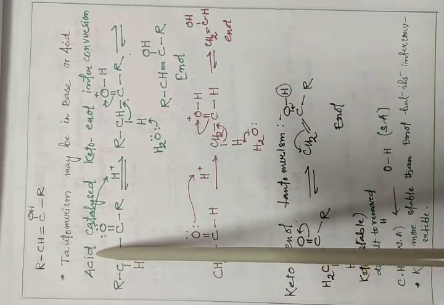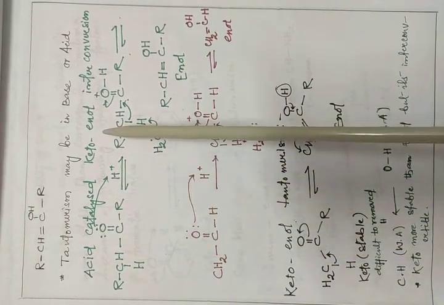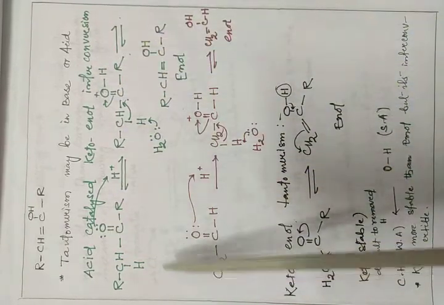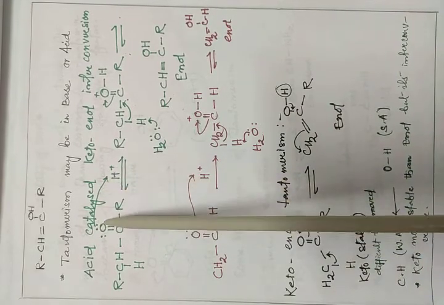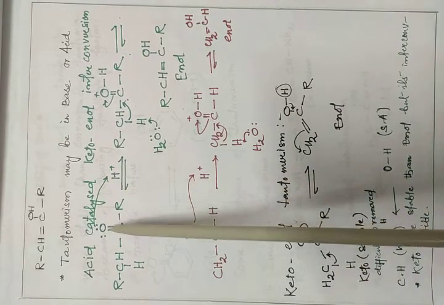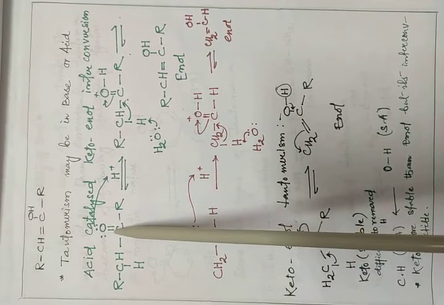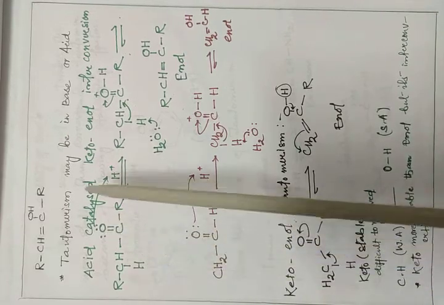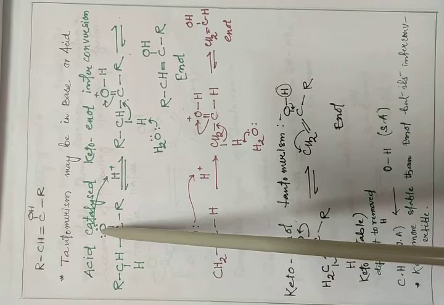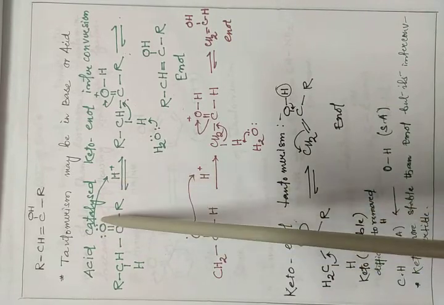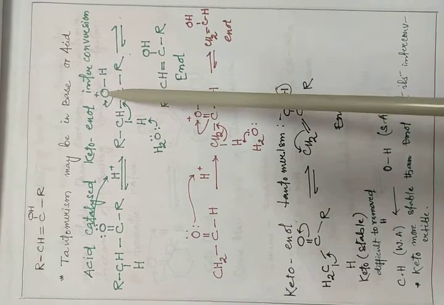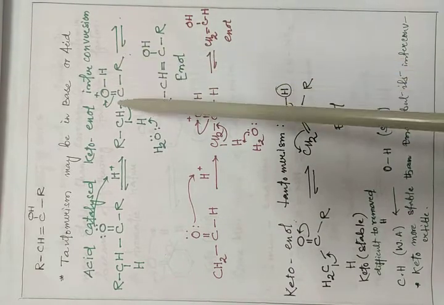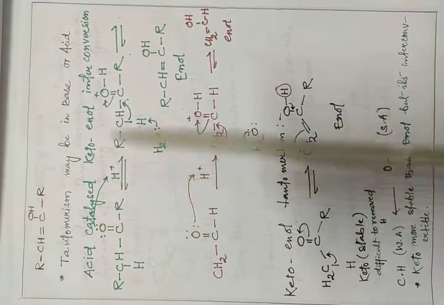So now here, acid catalyzed ketone-enol interconversion. So we just say here acid, and that acid we have to connect to this. Whatever examples we did in the previous one, we were using only base catalysis. Now here, acid catalysis. Here the double bond lone pair is there, so this one will connect to this. When it is connected to this, it will come here. That means it will have one more electron only, because it is already connected to this.